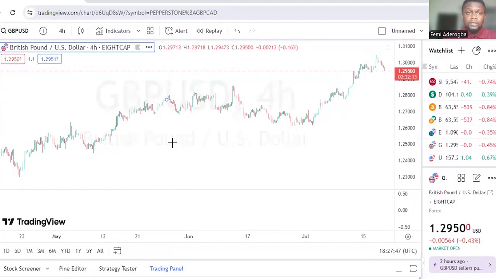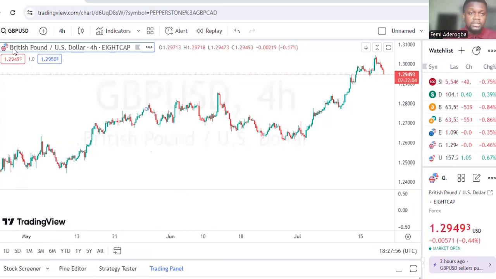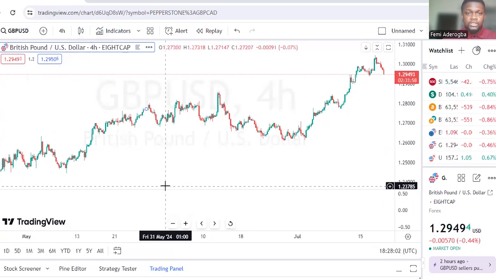Now, on my screen, which I'm sharing right now, we have the GBPUSD on it. This is the GBPUSD chart. Now, the next question you want to ask me is, how can I trade it? What decision can I make out of this market? Well, there are so many decisions you can make, but only one decision will most likely be the most profitable decision for you. And that is why I actually want to make the analysis for you